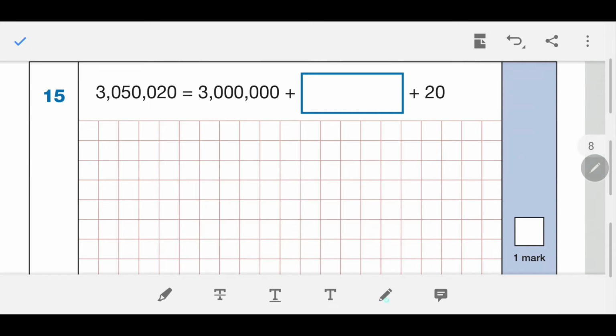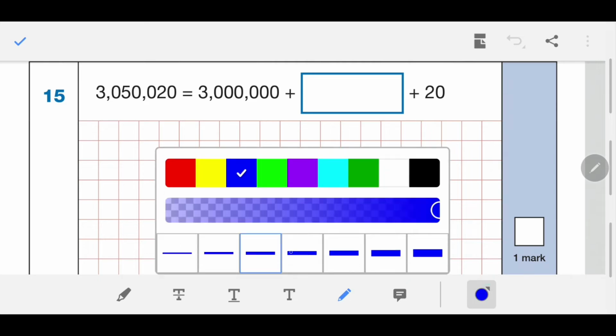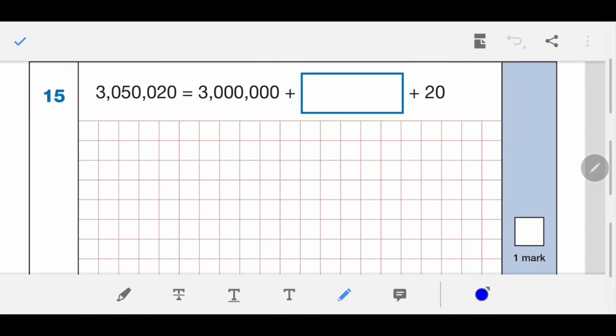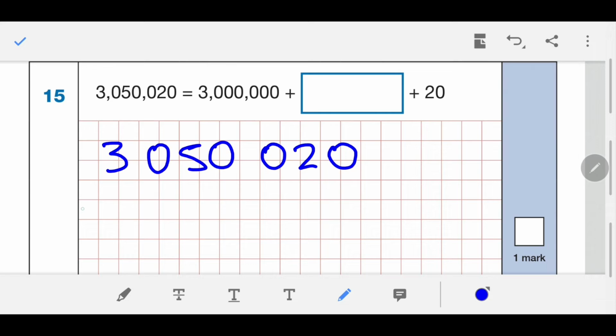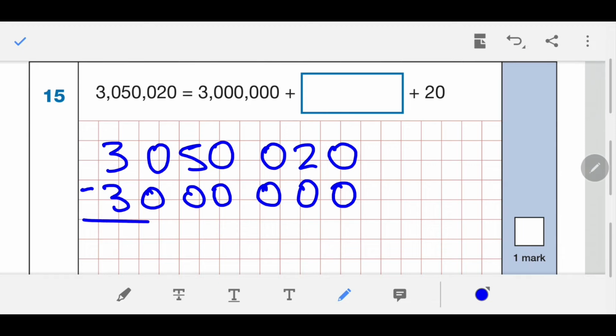Right, question number 15. It is 3,050,020 equals 3 million plus something plus 20. So we need to split this number up. Let's write it out to start off with. 3,050,020. Okay, so if we subtract 3 million to begin with, that's going to give us an answer of